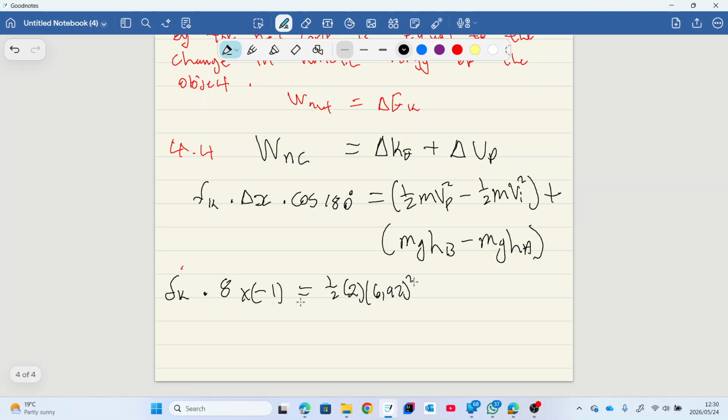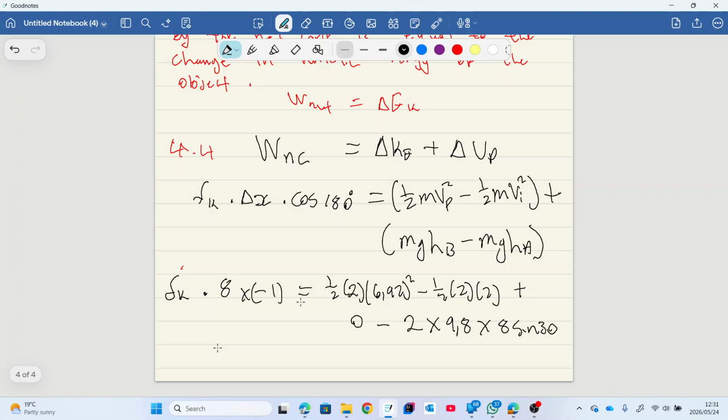6.92, right? Yes. Squared. Then minus 1/2 into 2. Initial velocity is 2, right? Plus the final height is 0 minus the initial height, so it's the mass of 2 times g, which is 9.8, times the height. We got our height to be 8 sine 30 up there. Okay, then now